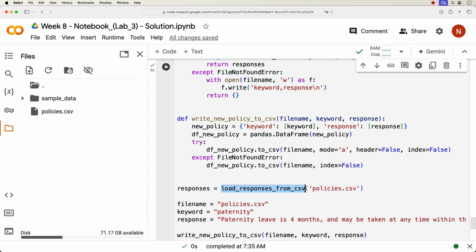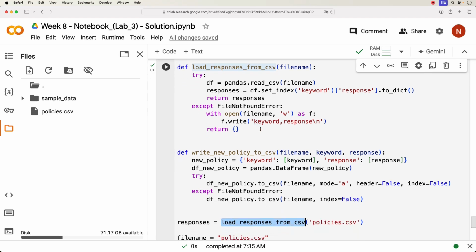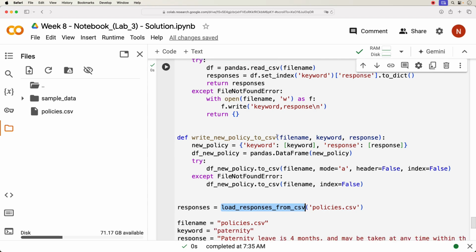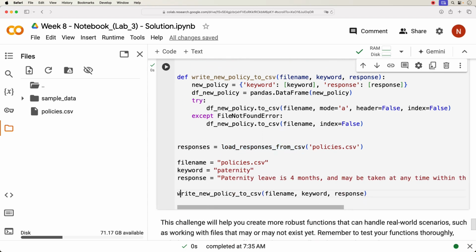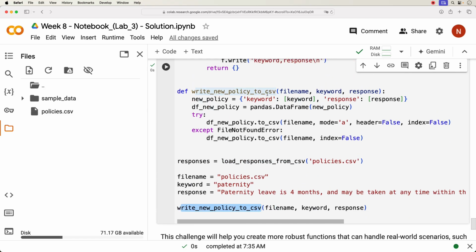This line is a function call to load responses from CSV, which is this function. And then this code runs with a try except. So it's going to create a file and just add this one line to it, keyword comma response. And then in my code, it's going to come down to this function call, which is then going to create a new policy and give it this keyword response value. So if I open this,